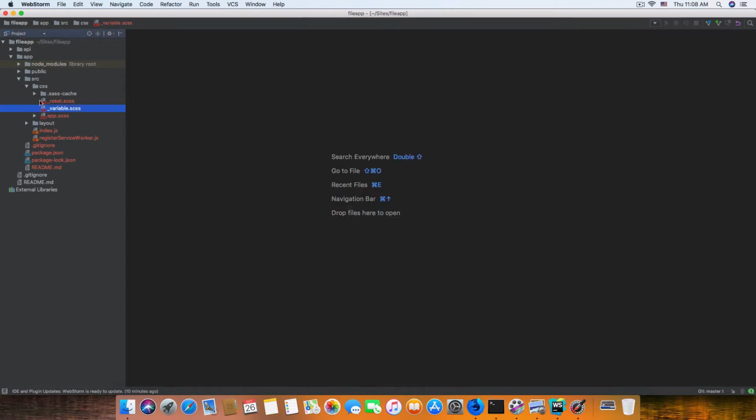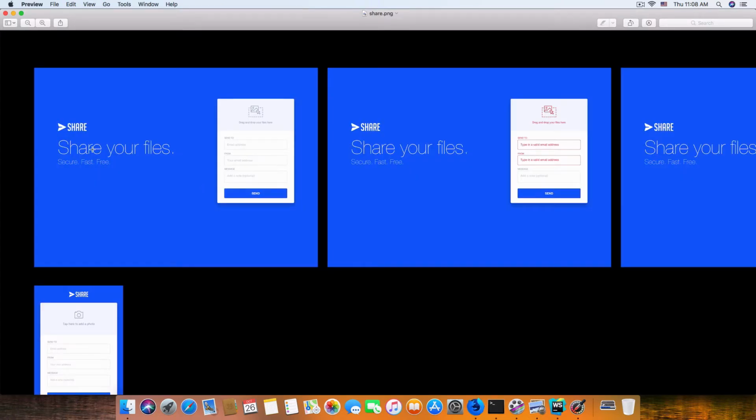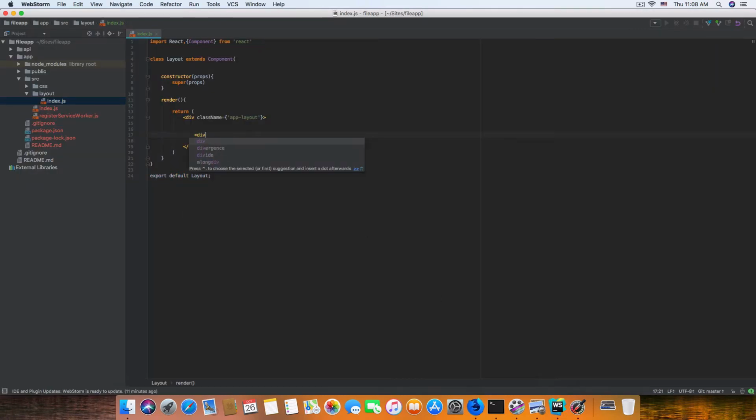Okay, so we get back to the layout index file. So basically, I'm going to create a new one. This part of this video is the most typing, theming and CSS. Very boring job, but we have to do that. So the className equal app-container,